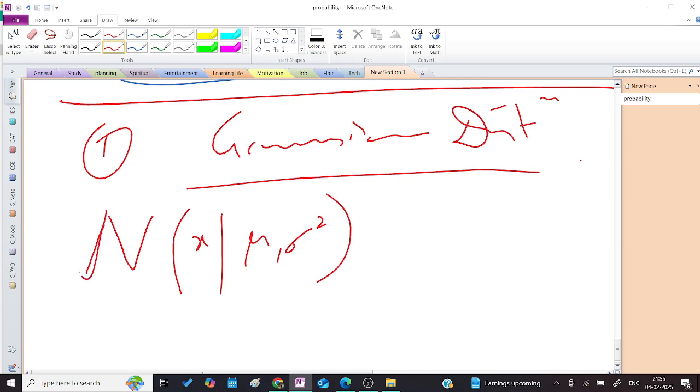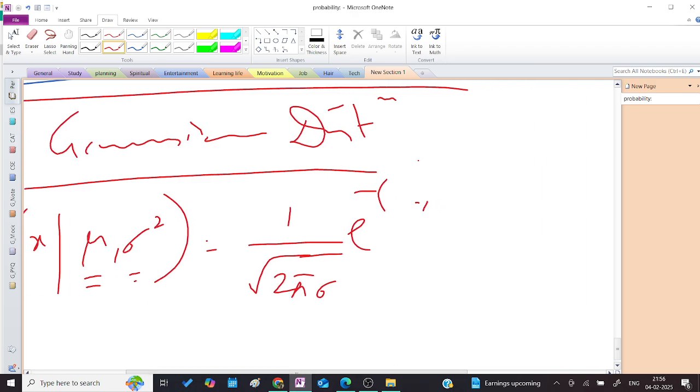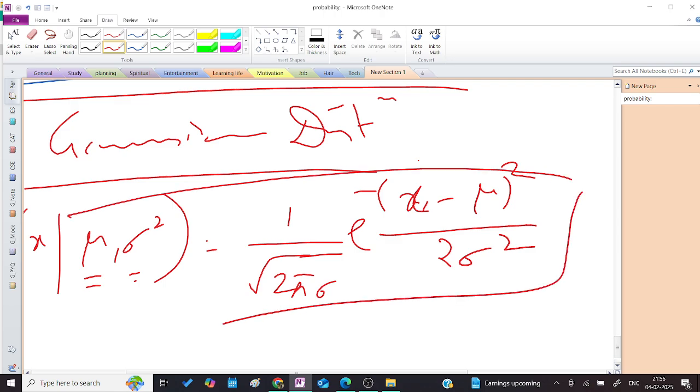So x is the variable, and mu and sigma square are the parameters. Mu is the mean, sigma square is the variance, and it is given by 1 by under root 2 pi sigma square, times e to the power minus (x minus mu) whole square by 2 sigma square. Okay, this is the formula,